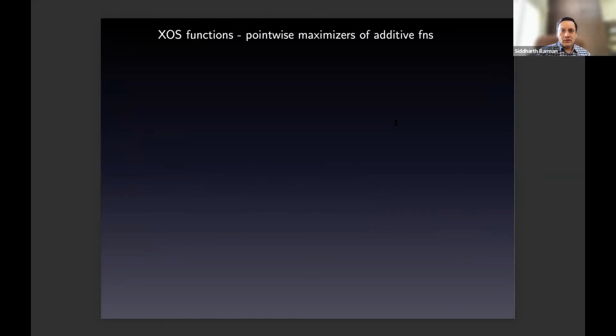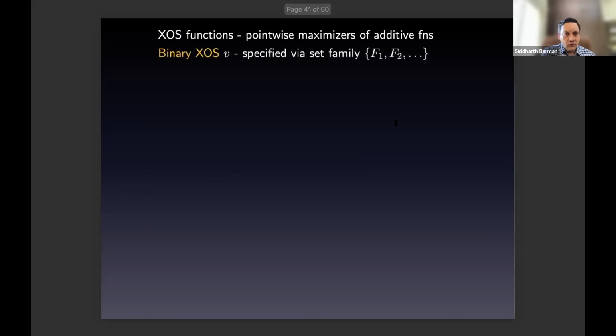Okay, so what are XOS functions? These are valuation functions, set functions that are defined to be pointwise maximizers of additive functions. In particular, I will focus on what I call binary XOS, a special kind of XOS function. You can think of them as a function that's specified by a set family. I'm not saying that this entire set family is given to you as input,